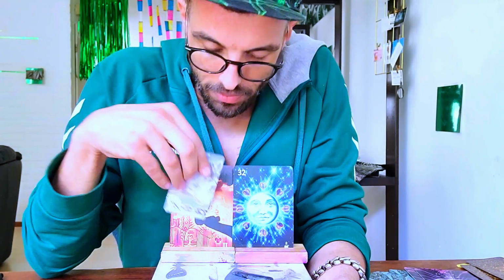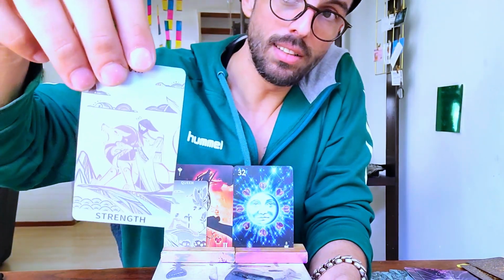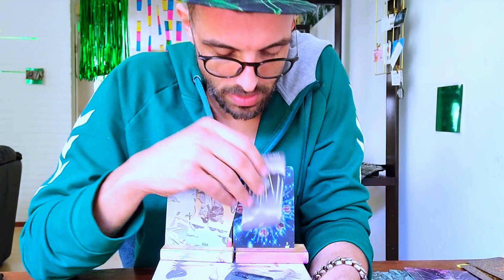Queen of Wands. So your confidence. Yes. Strength. So this is that energy you're using to hold it back. You taming the lion. You're letting the lion out for a second. You're letting it all out. And then this Ten of Swords is the resistance to this death. This is one of those things where you think it's going to be the end of something, but it's not. And also that idea that you think you have to stop doing something, that it's the end of something, that you have to change in a way, that something has to go,